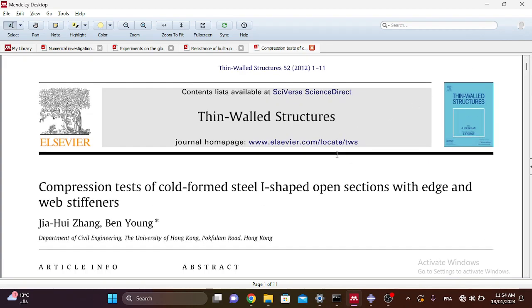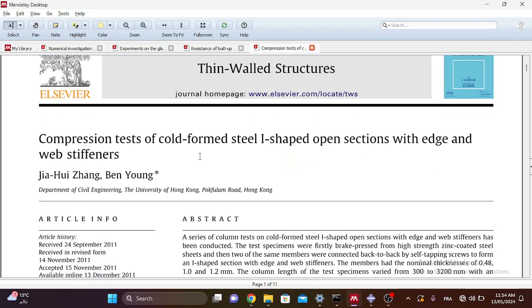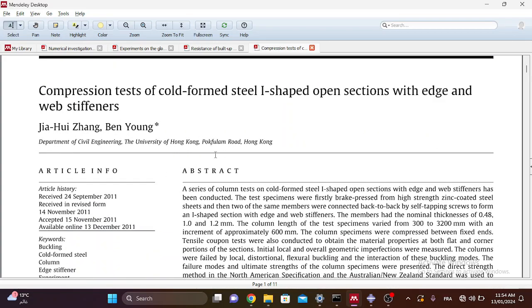In this tutorial I will show how to model the screws using Abaqus software. The screws are used to link between cold formed steel built up sections. To do this I will take this example, this article, compression tests of cold formed steel I-shaped beam sections with edge and web stiffeners. This is an experimental study